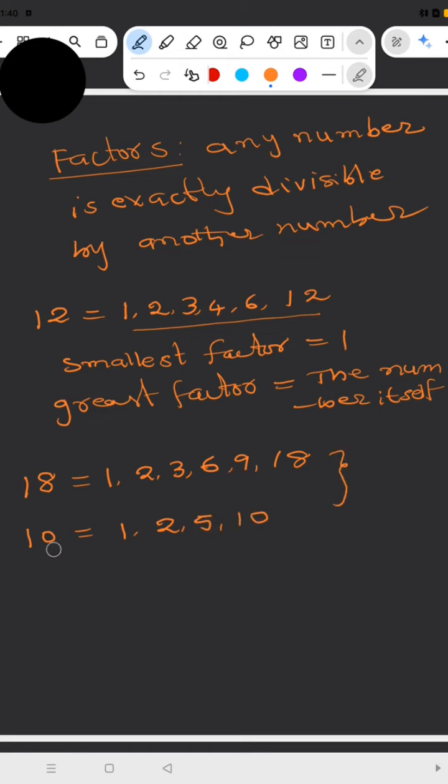Common factor means it should be present in both. Looking at the common factors here, 1 is a common factor, 2 is a common factor and 3 is not there. 3 is not a common factor, so 1 and 2, that's it, only two numbers are